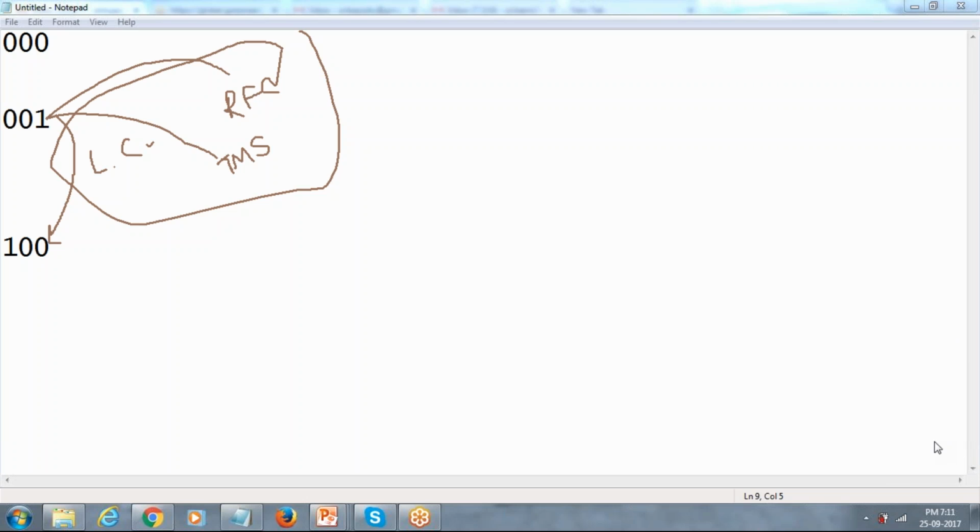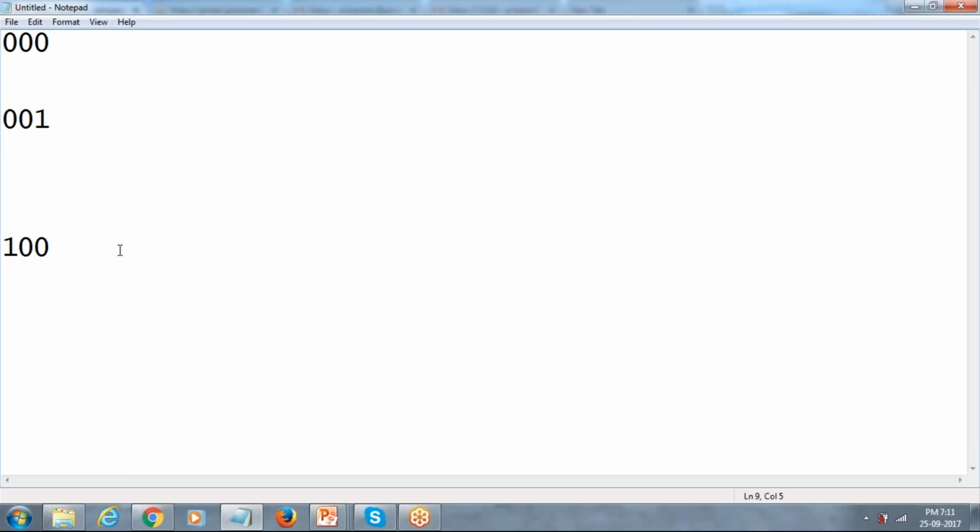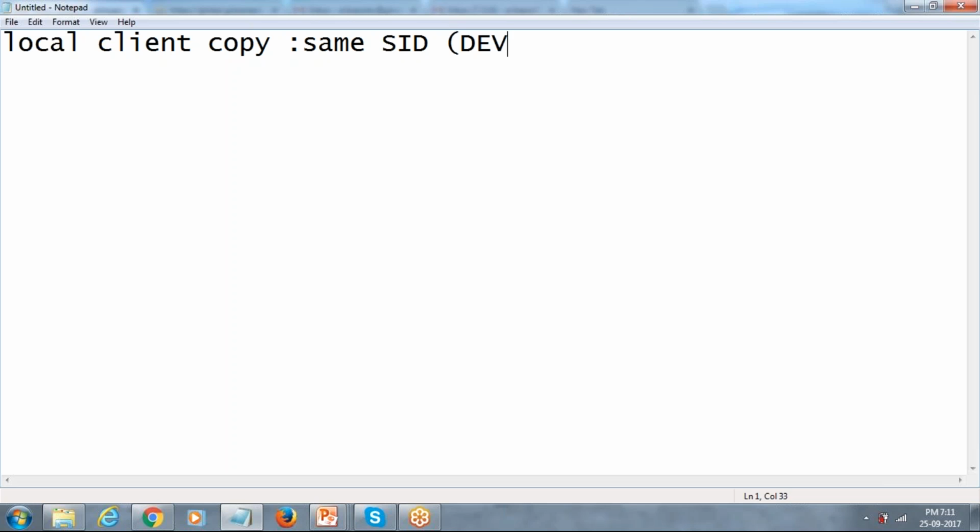What is the meaning of local client copy? Local client copy means the same client, within the same SID, not clients. Same SID means the same development system, development to development. Okay, so remote client copy is nothing but